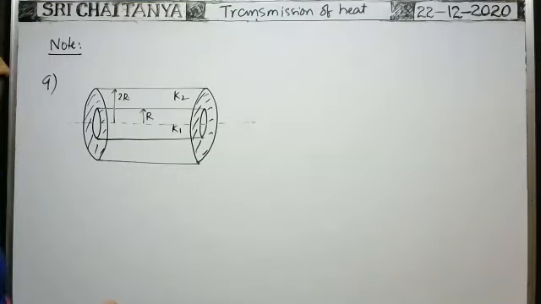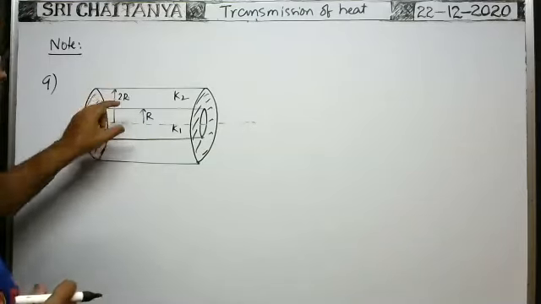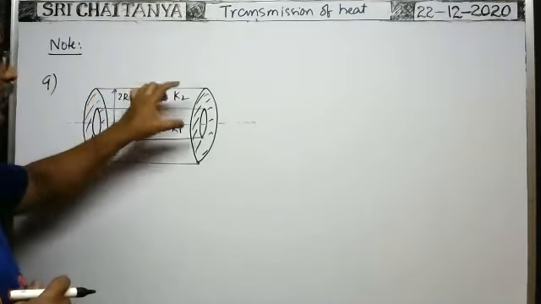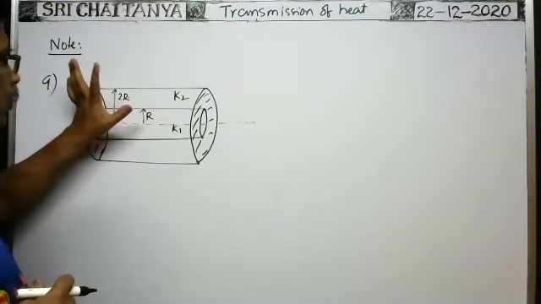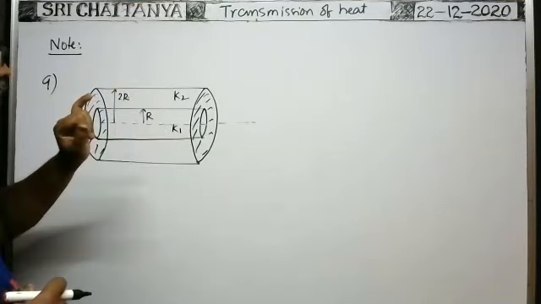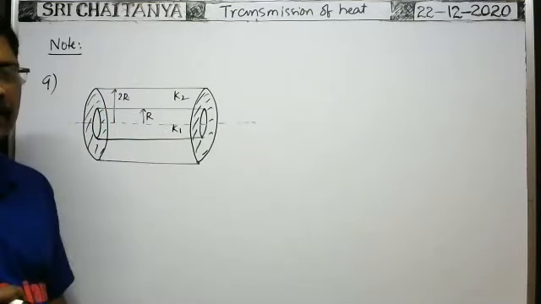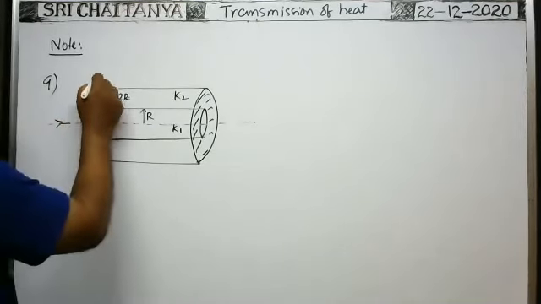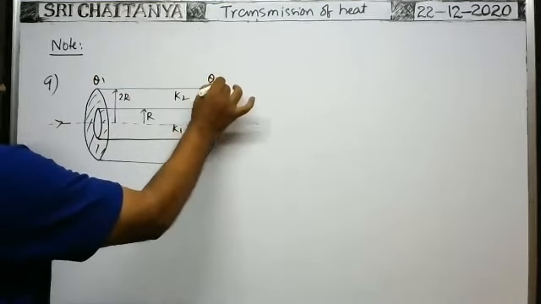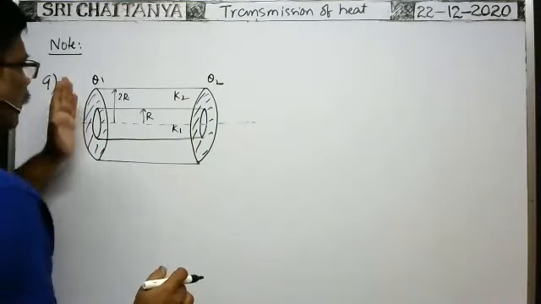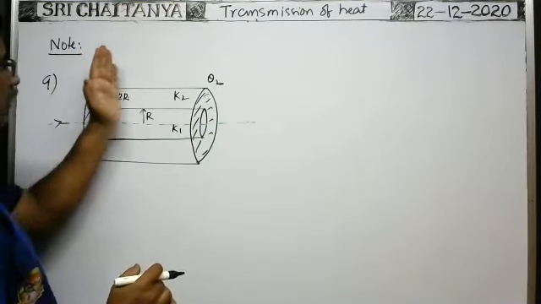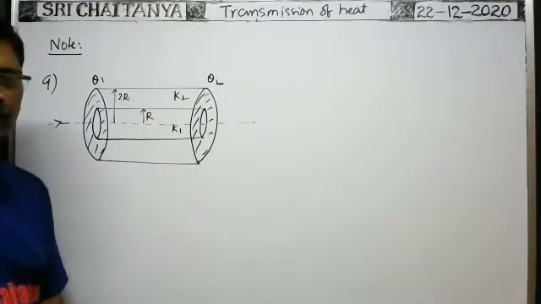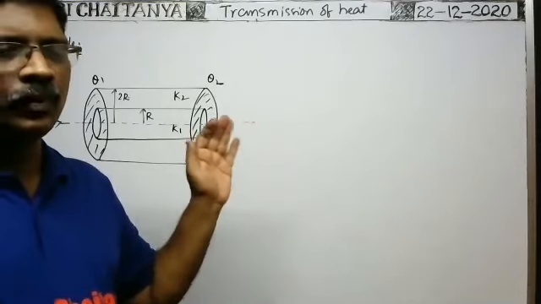Okay. Right. Here there is a cylinder having radius r and coefficient of thermal conductivity K1. That is surrounded with a cylindrical shell of inner radius r and outer radius 2r, having coefficient of thermal conductivity K2. Then what is the effective coefficient of thermal conductivity of this arrangement? Suppose you maintain the temperature difference across the shell and across the rod, this end at a temperature theta 1, this end at theta 2, so that the temperature difference across the shell and the cylinder are both the same.